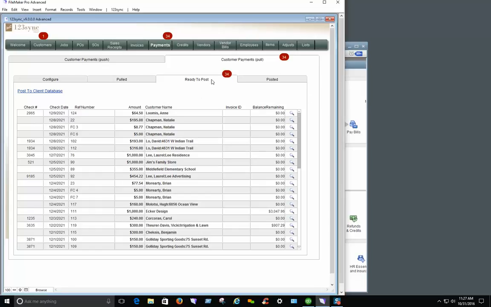But that's one of our great new features with the advanced application configuration of 123Sync, is the ability to pull custom